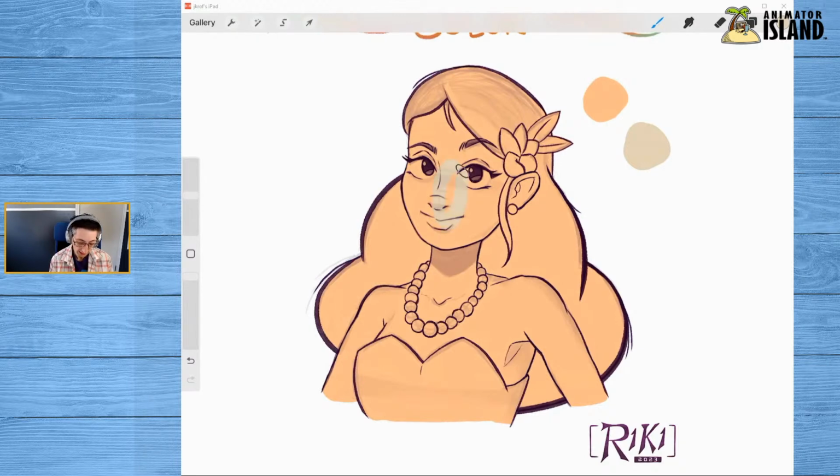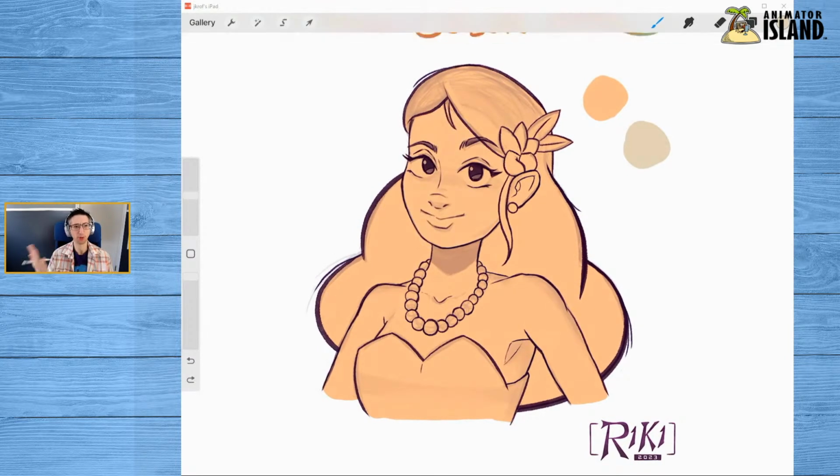So if I were to color her in here, I mean, she's kind of turning into a statue almost. Like this is not as appealing of a color. It's okay. It's not necessarily bad, but it doesn't have this boldness that I now have because I tried it a different way. So I think that in that sense, it could be very useful.